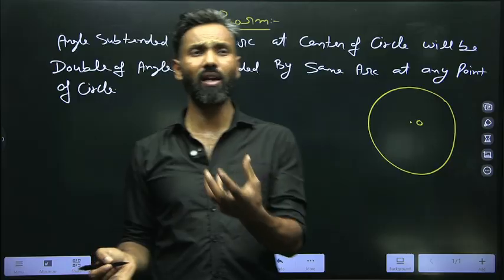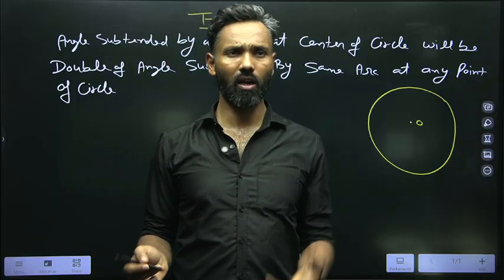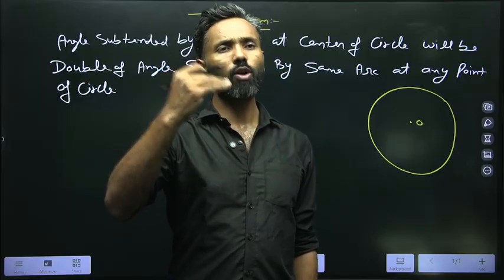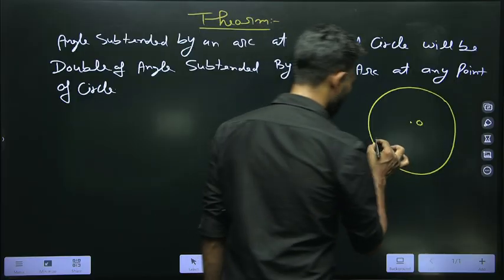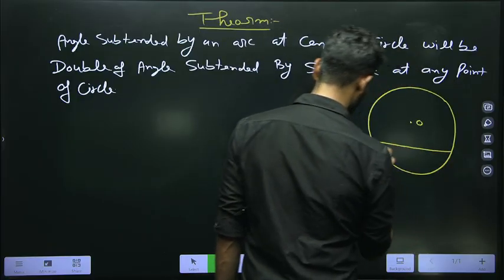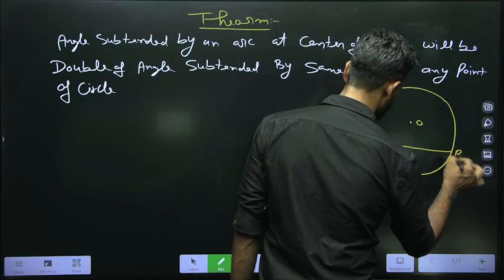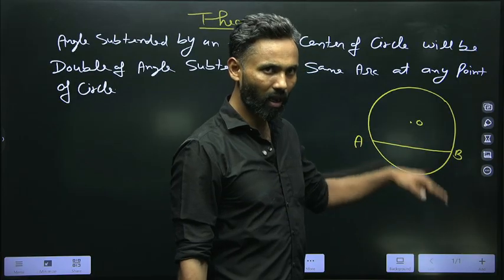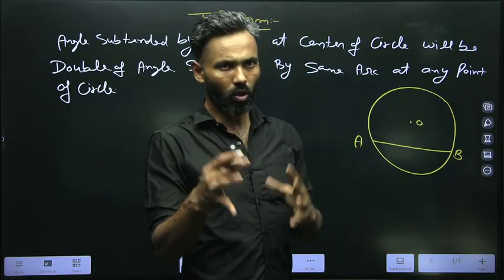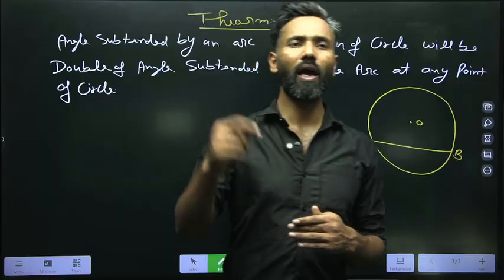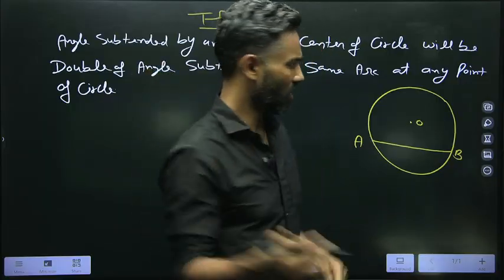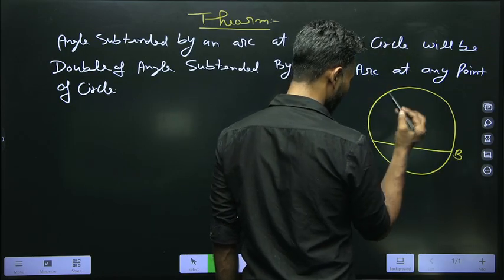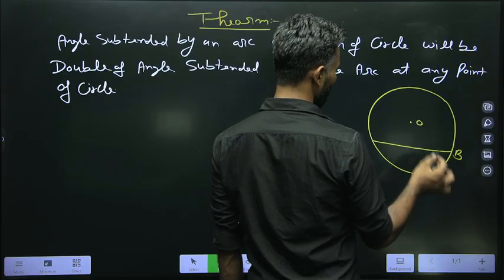So the theorem says that there will be an arc, any arc. You know very well we need a chord to divide a circle into different segments. So I am drawing a chord over here, chord AB. Chord AB is dividing the circle into two different arcs. One is a smaller minor segment and another is the major segment. So the theorem says that the angle subtended by any chord or any arc at the center. This is the arc AB, and the theorem says that the angle subtended by the arc at the center,